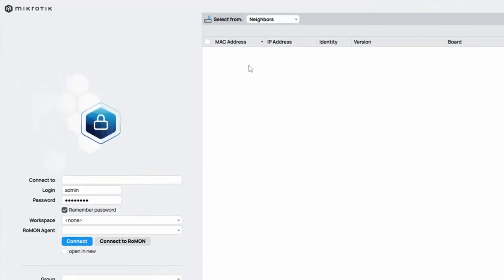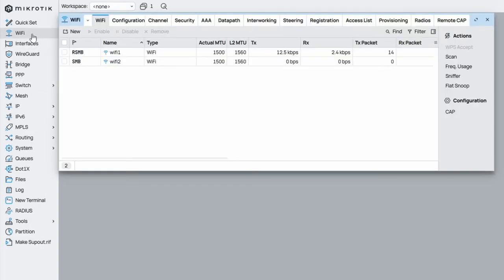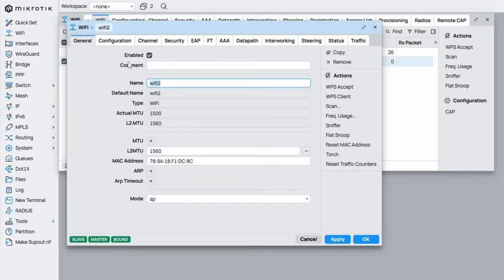Once you've made the decision, connect to the extender device and enter its settings. Not to lose access in the upcoming steps, preferably connect using the Winbox Neighbors tab using an Ethernet connection via MAC address. Step number 1. Go to the Wi-Fi tab and choose an interface that will be used as a Wi-Fi